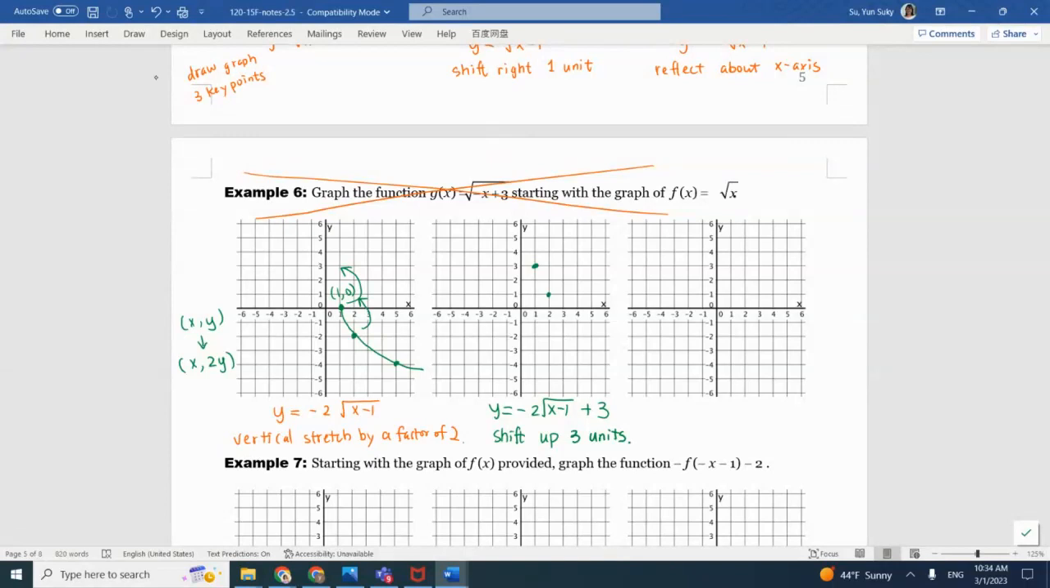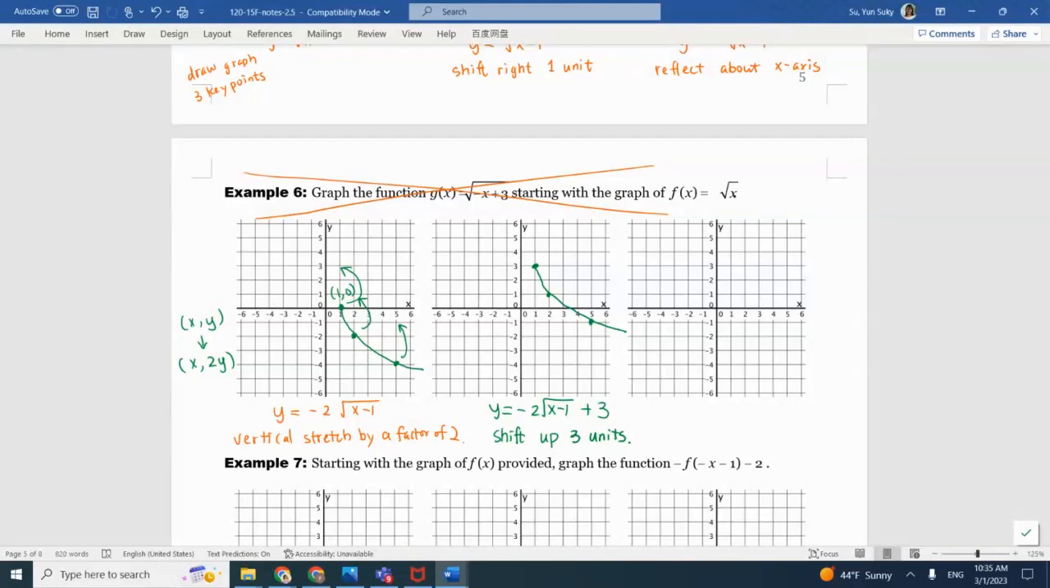Yeah, we get 5, -1. So 5, -1 right here. Connect them smoothly. Okay. Then we finish the problem. So this is the graph of y equals -2 square root of x minus 1 plus 3. So you go down the list. Make sure you have that order because if you switch them, maybe